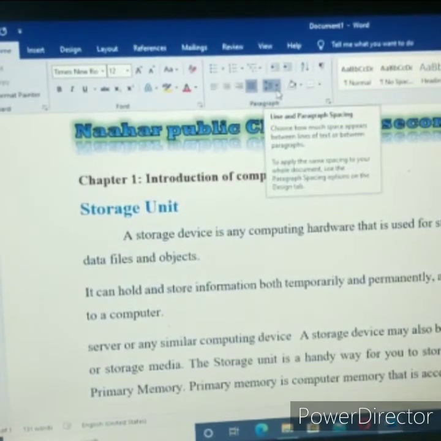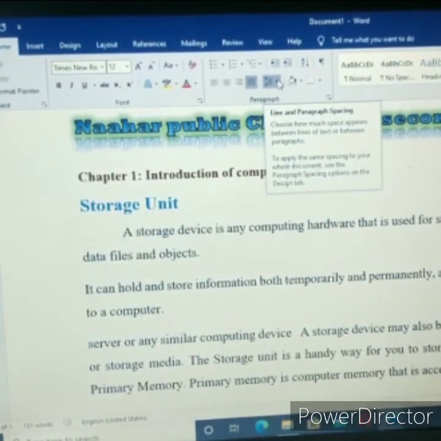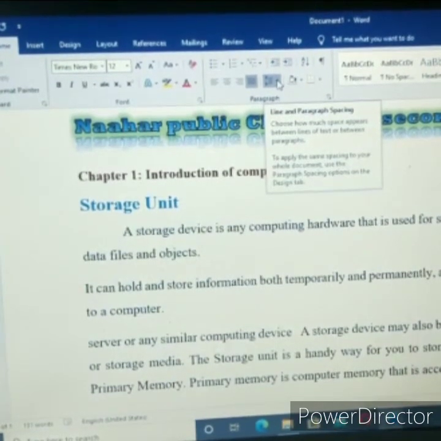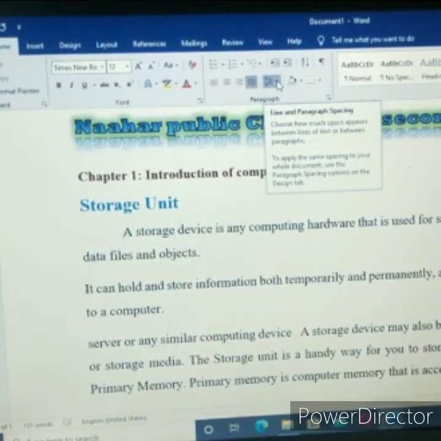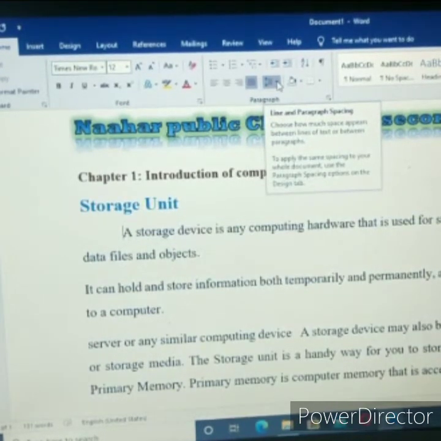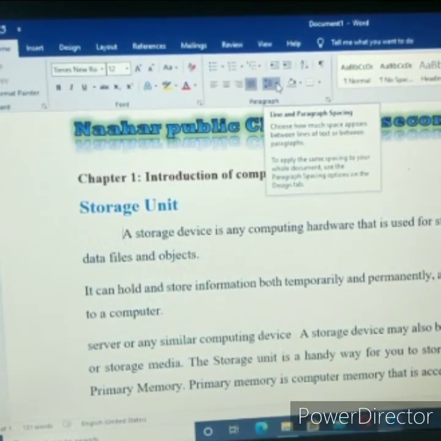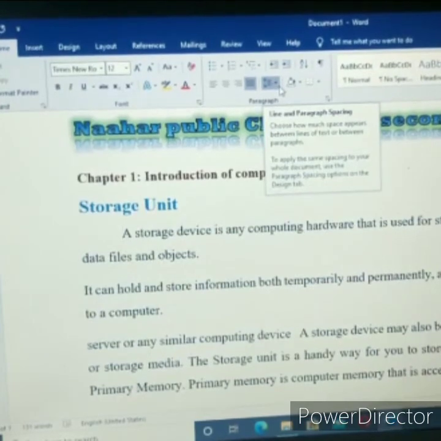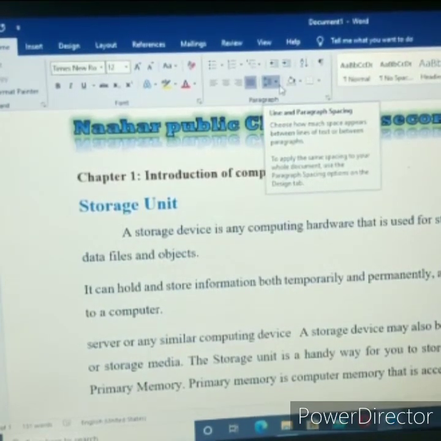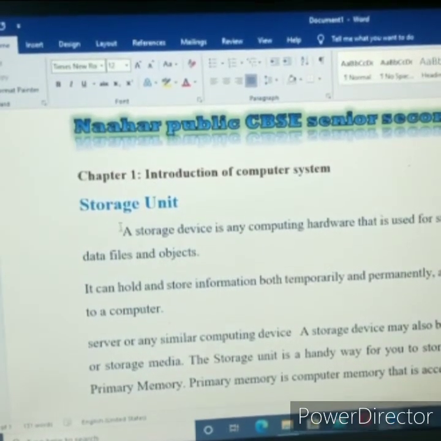The next one is line and paragraph spacing. This option is used to align a paragraph with some spaces, how you want to give space between the paragraphs. It depends upon you.